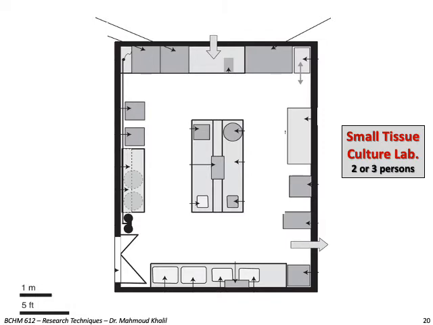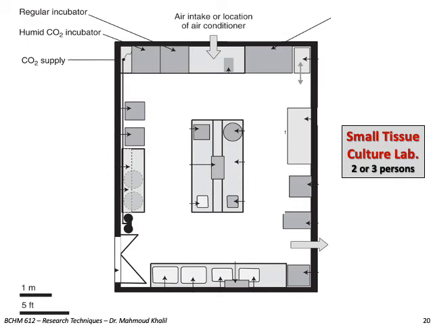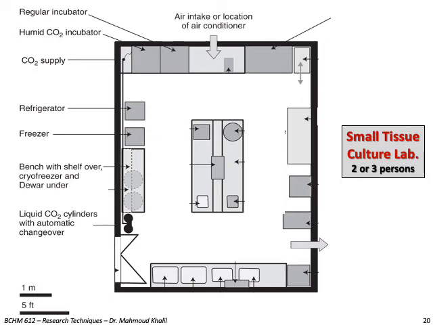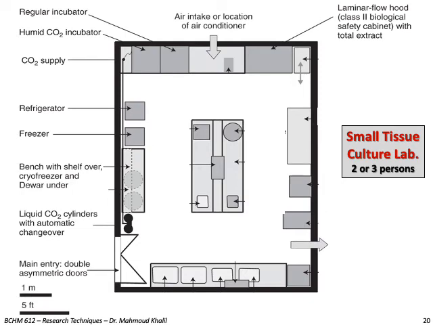So here we will see a design for a small tissue culture lab that suits 2 or 3 persons max. You can see there is a place for an air intake or location for an air conditioner. There is a regulator incubator. There is a humid CO2 incubator, carbon dioxide supply, refrigerator, freezer, bench with shelf over cryo freezer and door under, liquid CO2 cylinders with automatic changeover, main entry is a double asymmetrical door, laminar flow hood, usually a class 2